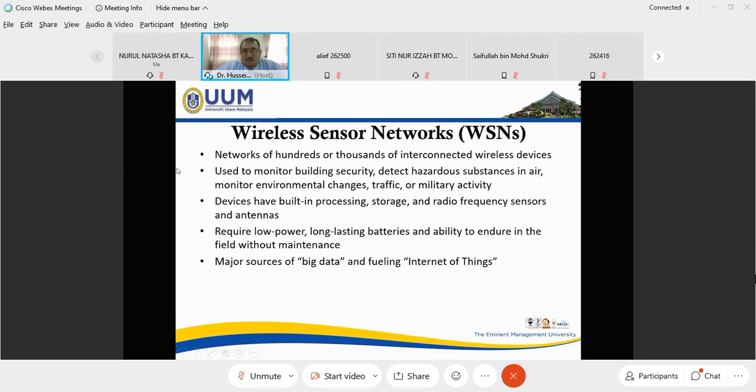Also, WSN is used to monitor substances in the air and environmental activity. Some jungles use that. If there is any fire, they will give notice: fire, fire, fire. And they will know the place.